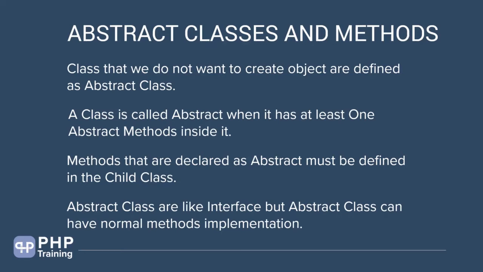In the previous section, when we looked at interfaces, we only defined the structure of a method. We never implemented it. In an interface, you cannot implement a method. That's the difference between an interface and an abstract class. In an interface, you just define the methods. In an abstract class, you can define the methods and also implement the methods. It's like partially an interface and partially a class. So let's look at an example.